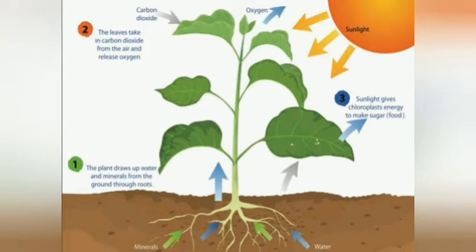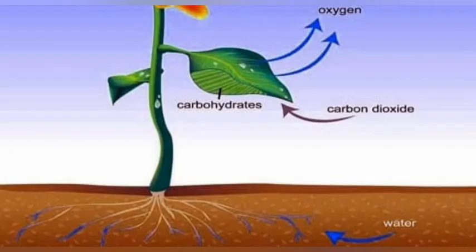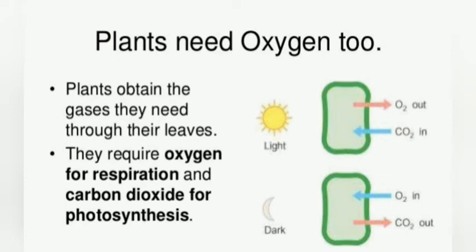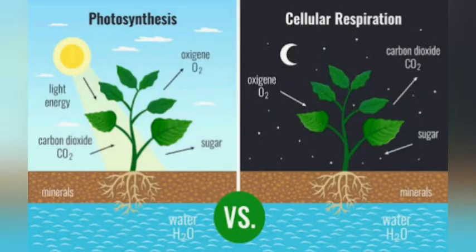In the process of photosynthesis, oxygen is released. All living things require oxygen for breathing. We always understand that plants take only carbon dioxide and release oxygen. This is not true actually, because plants take in carbon dioxide only to prepare food, that is, for photosynthesis. The plants take in oxygen in the absence of sunlight for respiration. During respiration, oxygen reacts with food and releases energy and carbon dioxide.